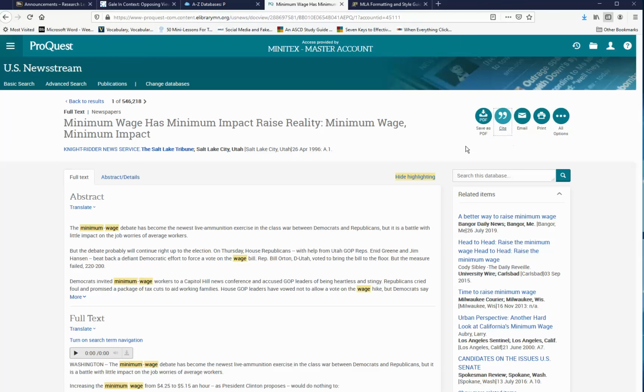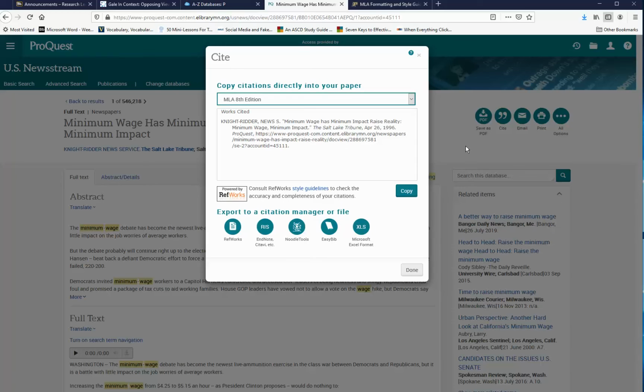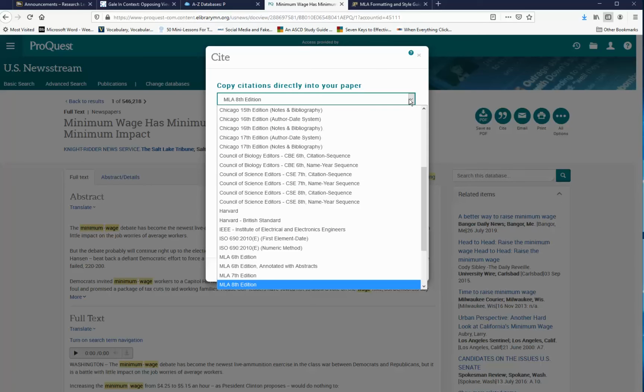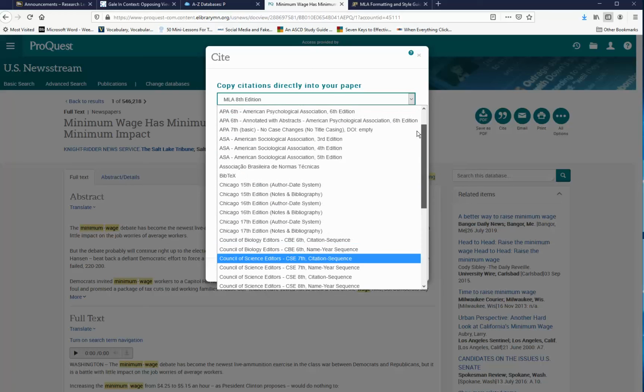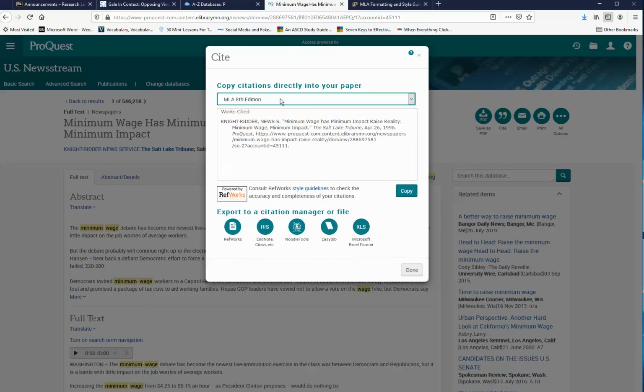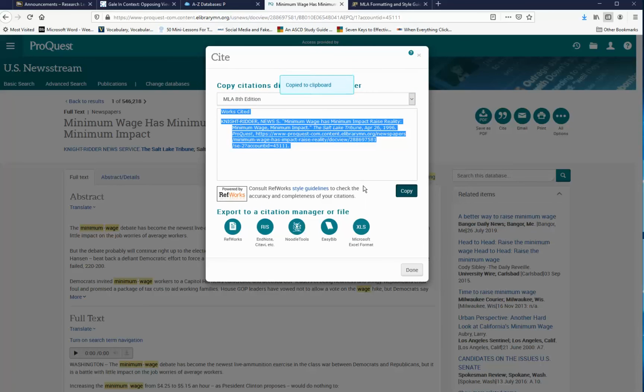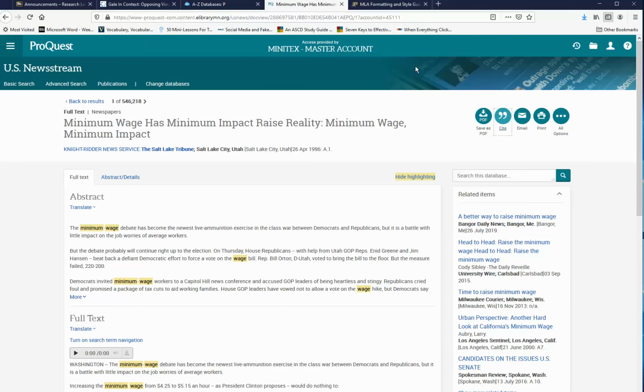You click on that. You'll get a pop-up, and this one also defaults to the MLA. If you needed to do another style, look, they have a wide range of choices here. But we're going to stick with the MLA 8th edition. You can just copy it, and then you can paste it into your working bibliography. So basically, anything that you pull out of an online database, it's going to be very quick and easy to